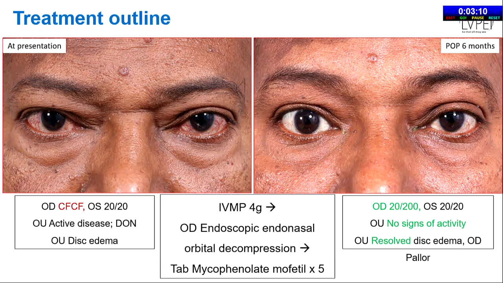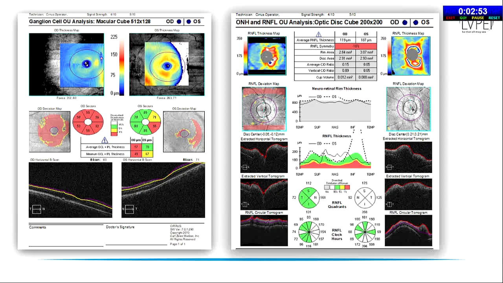This is another patient that I wanted to show who came in with decreased vision. We did a decompression, followed him up by putting him onto therapy with mycophenolate for about 5 months, and that's his course. Essentially, his right eye vision didn't improve completely. And something interesting, this was seen in the retina clinic, and they had done both the RNFL and the ganglion cell layer measurements, and what it showed in the right eye was a significant degree of thinning already.